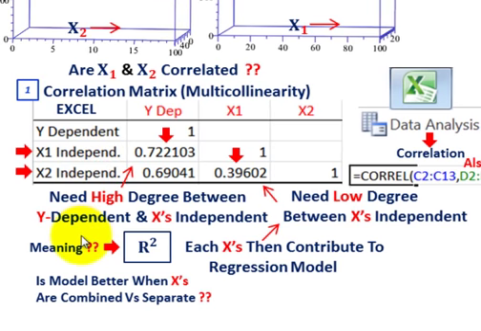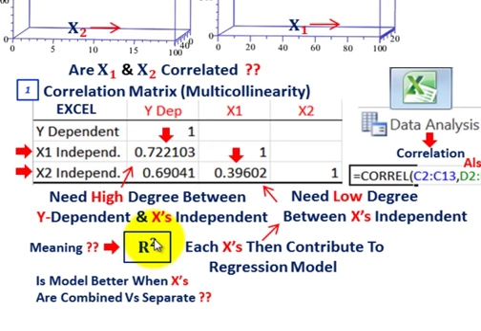So really, this is the key here. We're going to be looking at an R-squared with Excel or any software package. You're going to come up with an R-squared for your different regressions. And really, what is the meaning of R-squared here? If you had multi-collinearity, or a high degree of correlation between your independent variables, then this R-squared